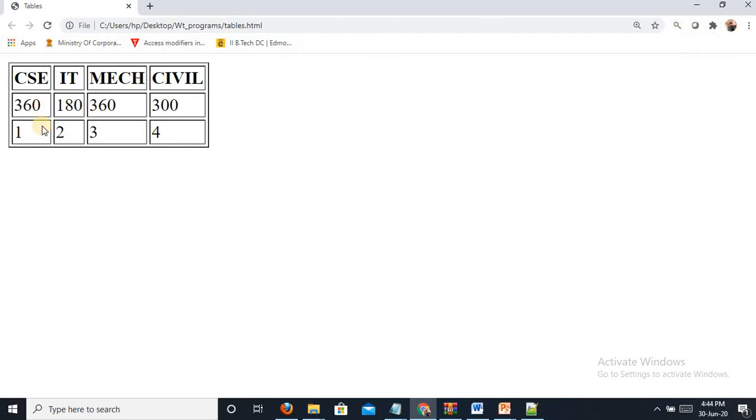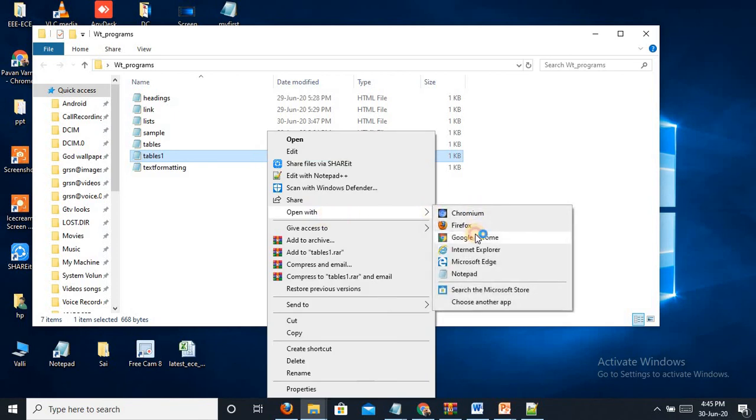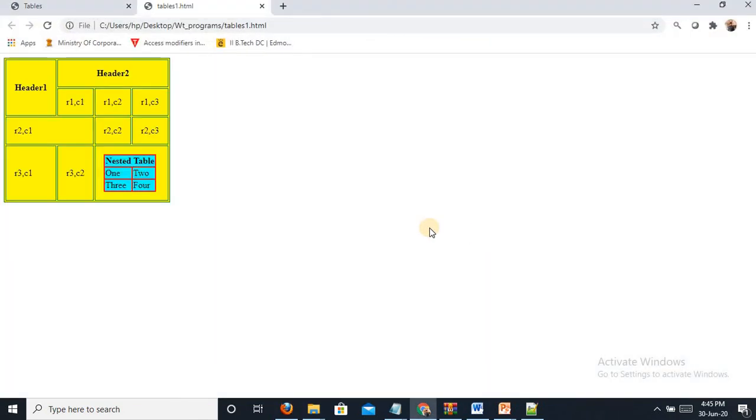Just making use of it effectively will take some steps. So let us take another important one. First of all, I will run. So this is one of the tables.